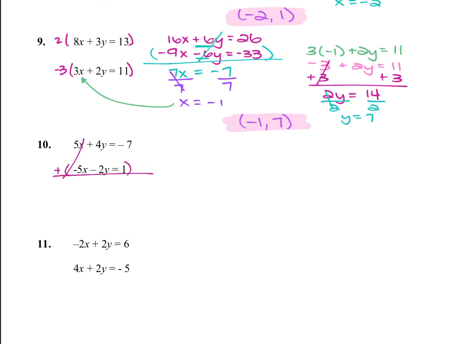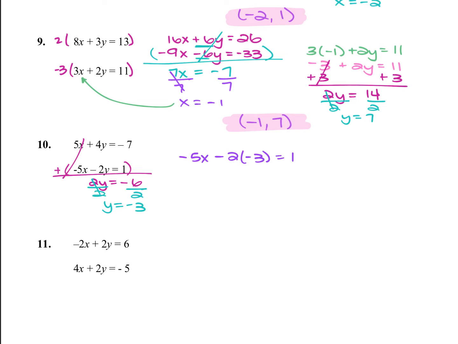Your x values cancel. The 4y minus 2y is 2y, and negative 7 plus 1 is negative 6. Divide each side by the 2, and you get that y is negative 3. Choose one of the originals, plug the negative 3 in for y. I'm going to use the bottom with the negative 5x minus 2 times y, which is negative 3, is equal